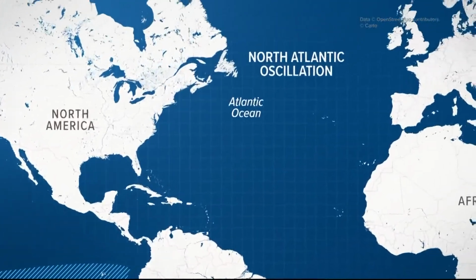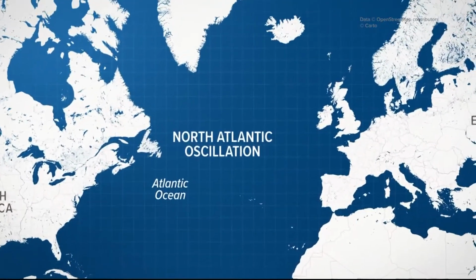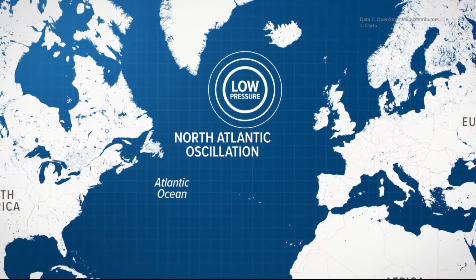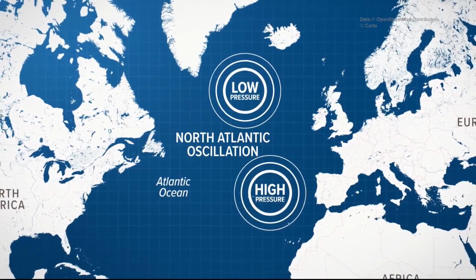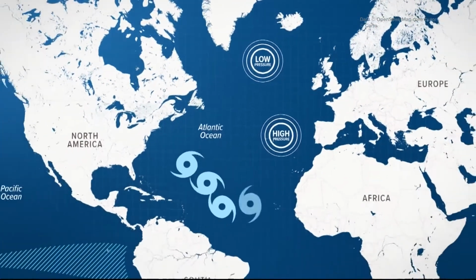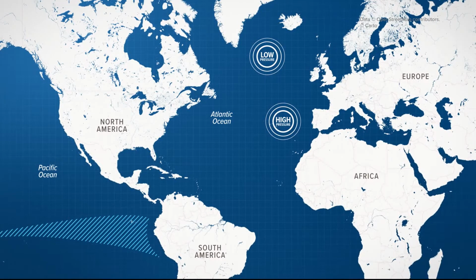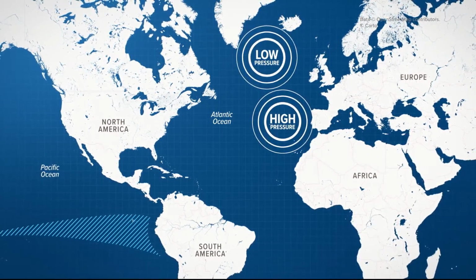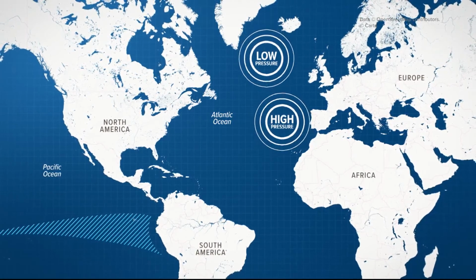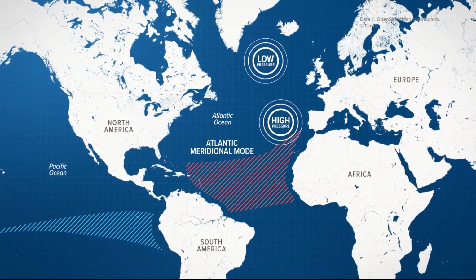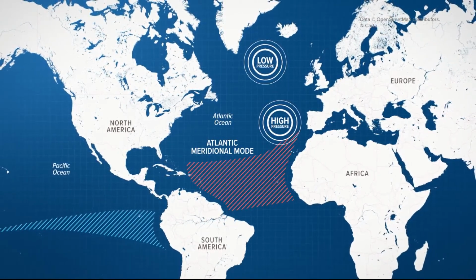This also has two phases, a positive and a negative, which correlate to the differences in pressure between an area of low pressure near Iceland and the high pressure near the Azores Islands. When the pressure difference is lower than average, hurricanes are more likely to form. On the other hand, when the pressure difference is greater than average, wind conditions develop that are not conducive to hurricane formation or growth. Farther south, two phases of the Atlantic meridional mode describe sea surface temperatures as either warmer